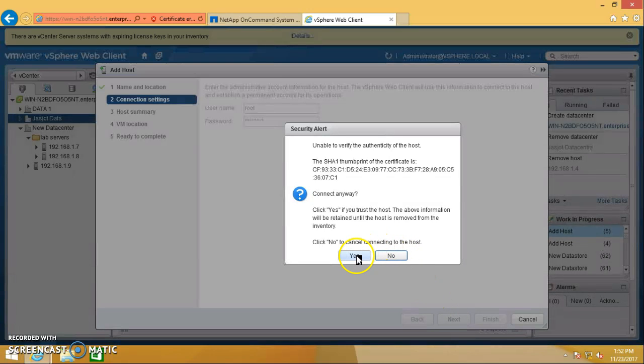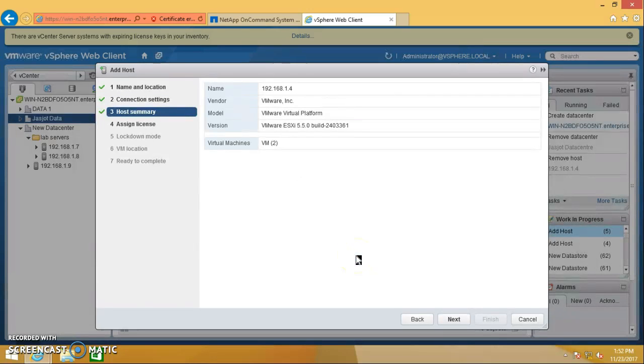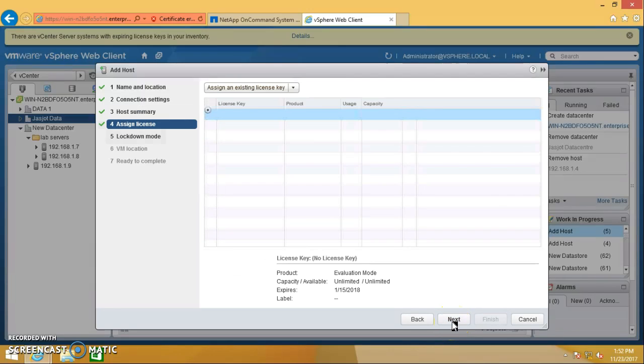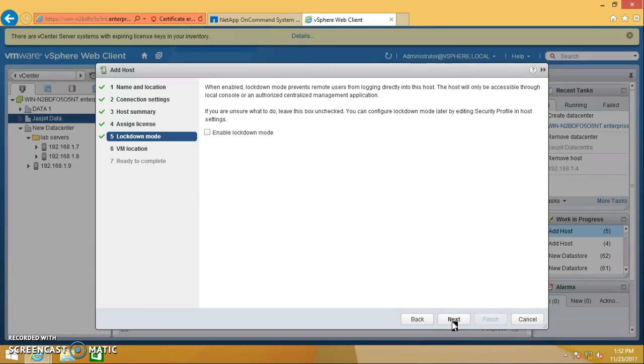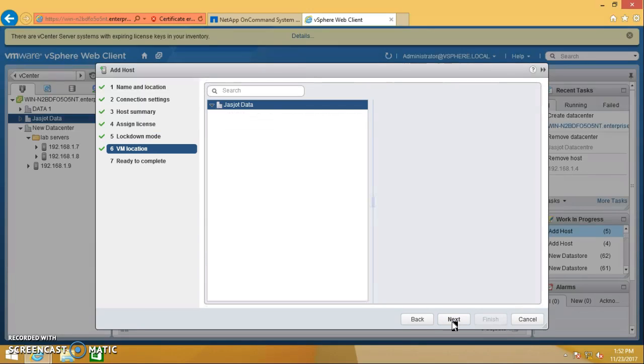Security alert, just click yes. Host summary: its name or IP is 192.168.1.4, the vendor is VMware, so click on next. No license keys are required, keep the default setting, press next. The VM location is the newly created data center.